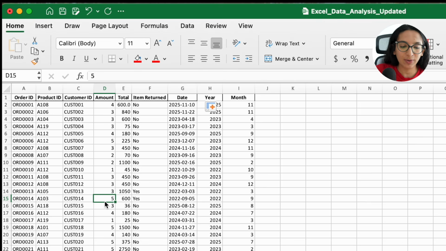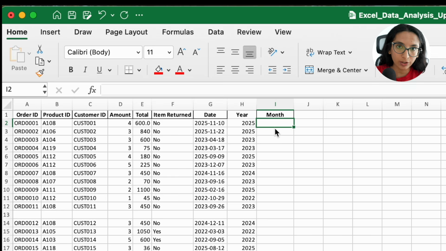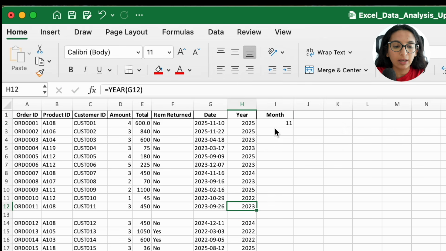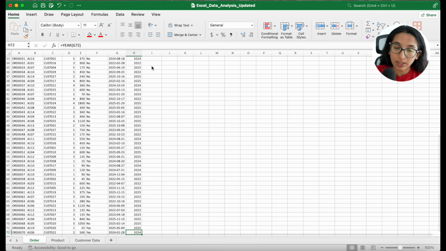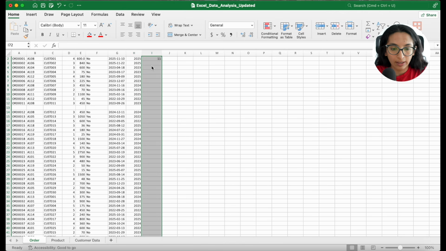One thing you should know is how Excel handles blank rows. You would have to consider that blank row because when you use shortcuts, it would only select up to the first blank row that we found, right? Initially, that was our very last row, but in this case, we have a random blank row in our data set. And so if I write the month function here again, and then I hit Command and the downward arrow key, you'll notice that it doesn't go to the very last row, it goes to row 12. So in this case, what you would want to do is make sure that it's at the very bottom and then select the entire column and hit Control D.